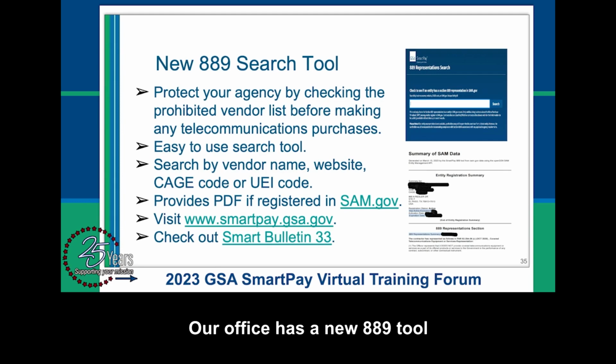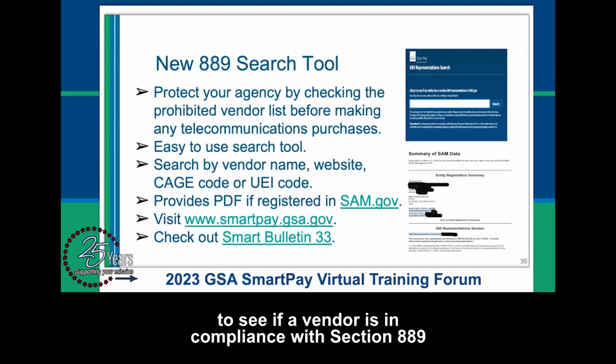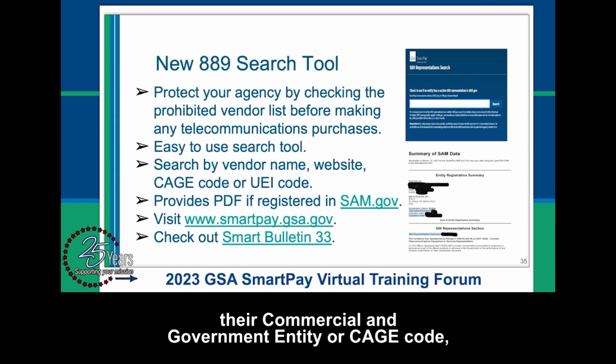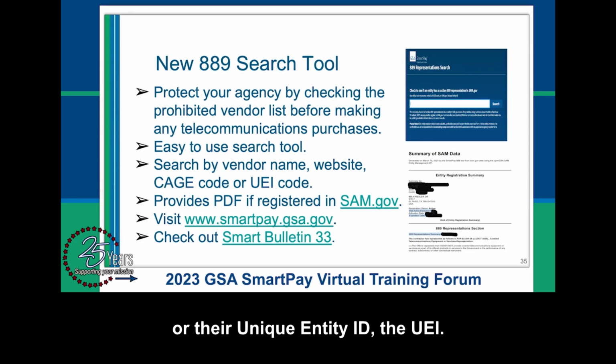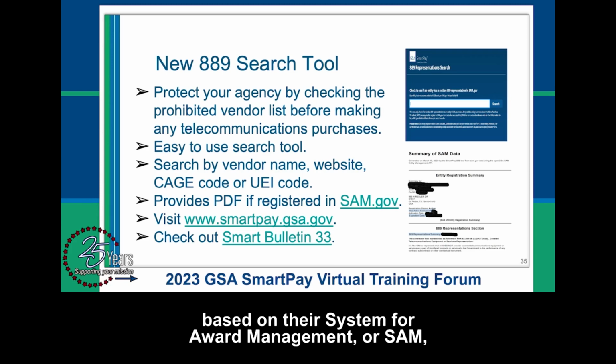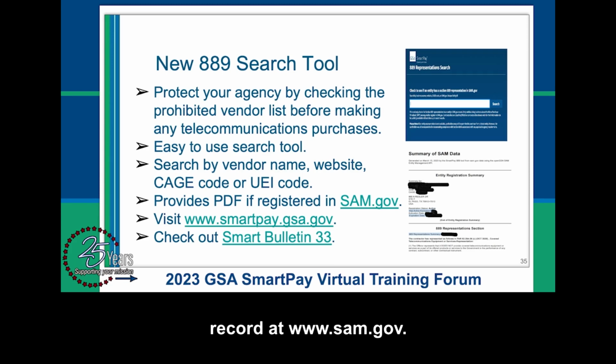Our office has a new 889 tool that will go live on smartpay.gsa.gov around the end of this fiscal year. This tool will help your agency because it will be an easy way to check to see if a vendor is in compliance with Section 889 before you make a purchase. Once you go to the tool, you'll enter the vendor information like their name, the website, their commercial and government entity or CAGE code, or their unique entity ID, the UEI. The tool will provide you with the vendor's 889 representation summary based on their System for Award Management, or SAM, record at